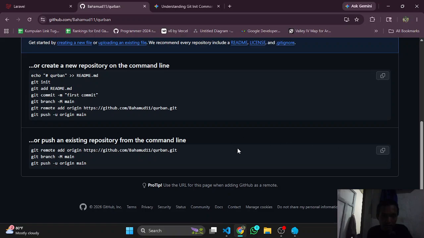If, for example, you edit your website later, you can use these commands, not this one, but this one. The git remote add origin is the first for the address, and then you can use git branch and the upload button.